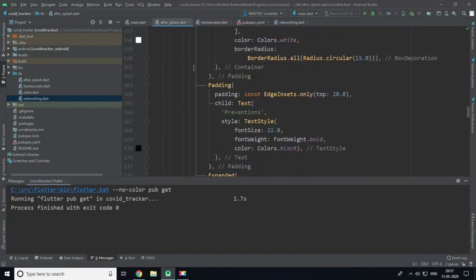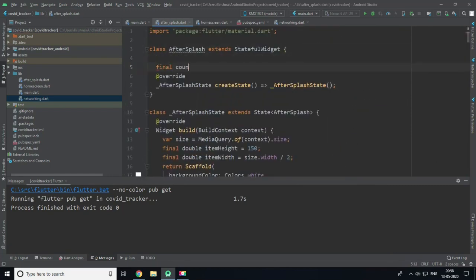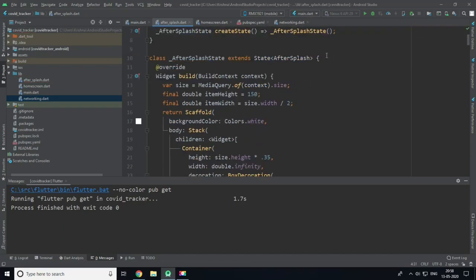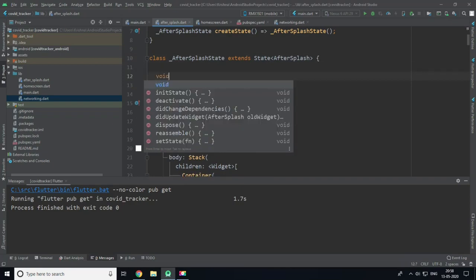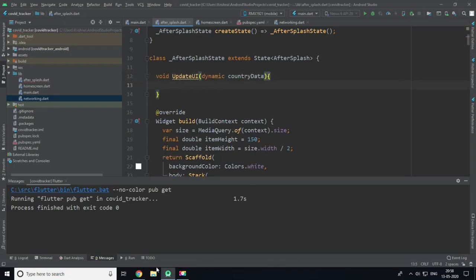Now in AfterSplash, we are going to create a final country and create a constructor of our AfterSplash and pass this value here. Now we will create a new method called void updateUI, and we will pass a dynamic countryData. Now we will create the variables which we need to capture from this data, that are country, cases, today's cases, death, and so on.